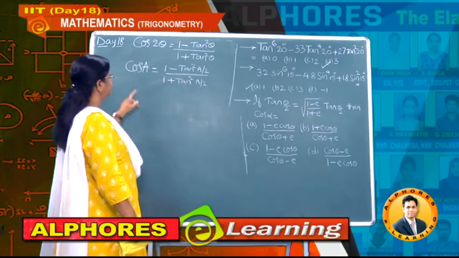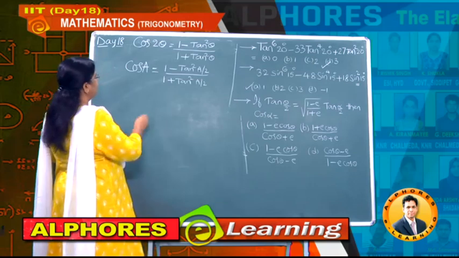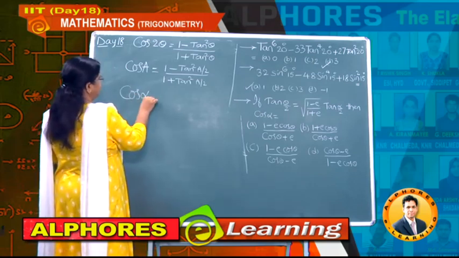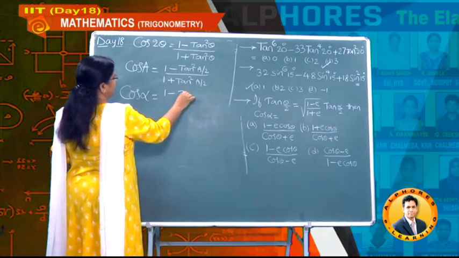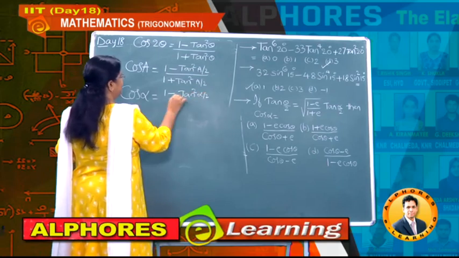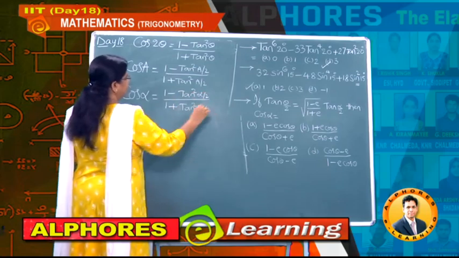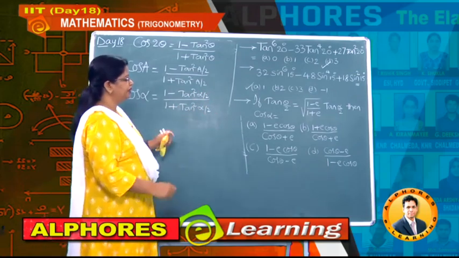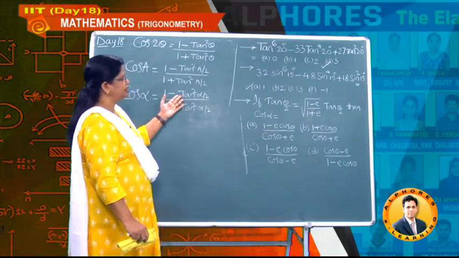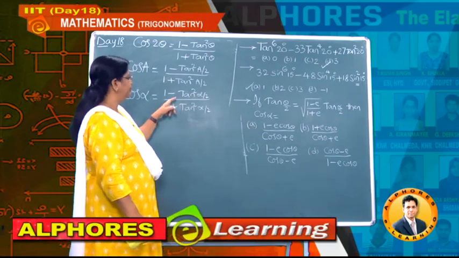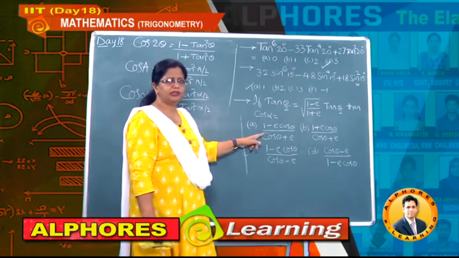Okay. Now how to make use of this formula? Let us observe the cos alpha formula. So cos alpha, because this is our requirement, in the same formula instead of A now we are writing alpha. So cos alpha equals 1 minus tan square alpha by 2 whole divided by 1 plus tan square, how much students? It is alpha by 2. Got it? And now how is the answer? The answer is in terms of theta. That means you can't substitute tan theta by 2 value here, but what we have to substitute? The tan alpha by 2 value, so as to obtain the answer in terms of theta.